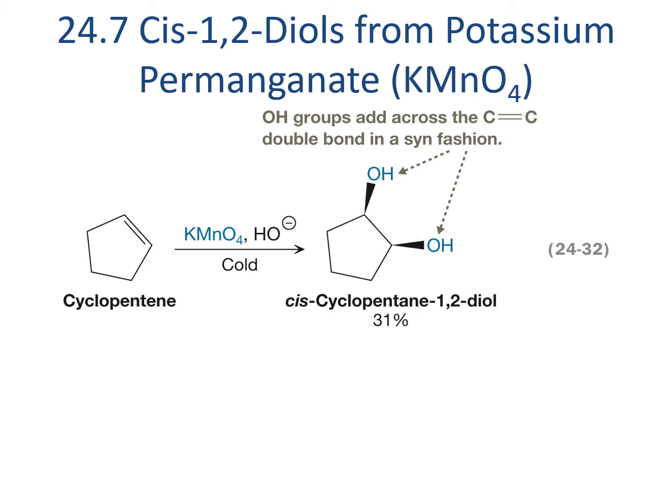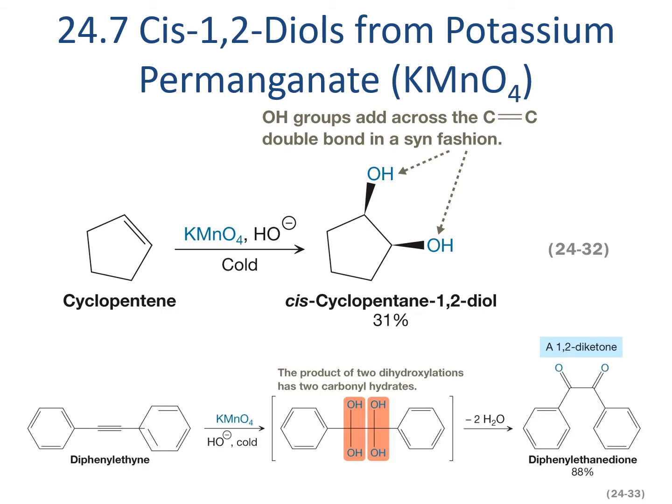However, the permanganate remains strongly oxidizing and the alcohols remain oxidizable, so yields tend to be low with this reaction, even at really low temperatures. Yields are slightly higher for the alkyne, where the permanganate can give two separate cycloadditions for a total of 4 alcohols. The geminal diols, in case you don't remember, that's what we call two alcohols on the same carbon, can each eliminate a water through the chapter 17 and 18 mechanisms we talked about to yield a diketone,